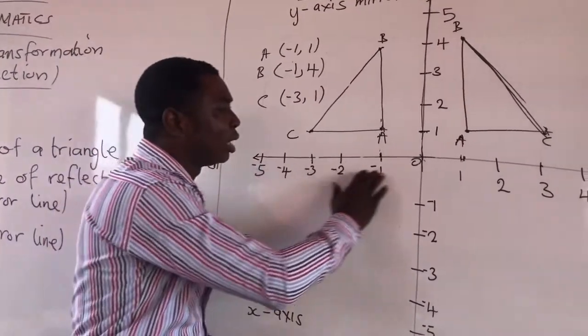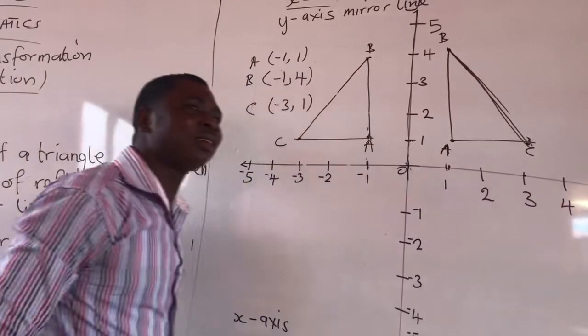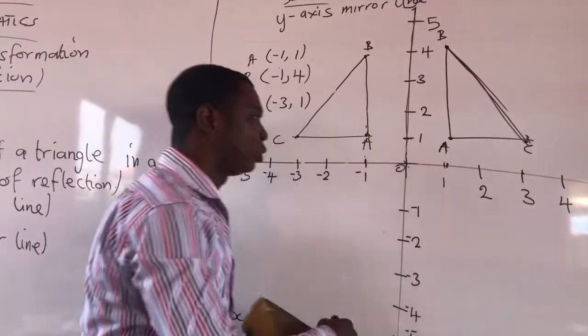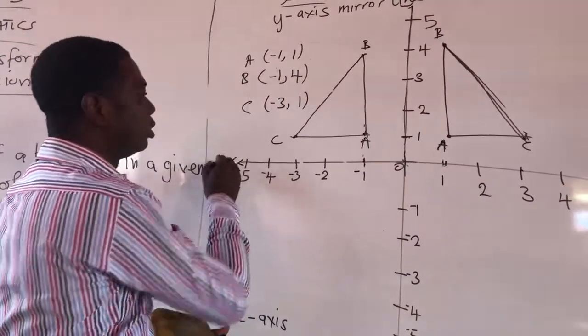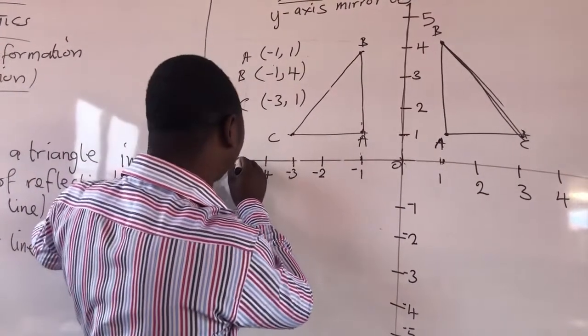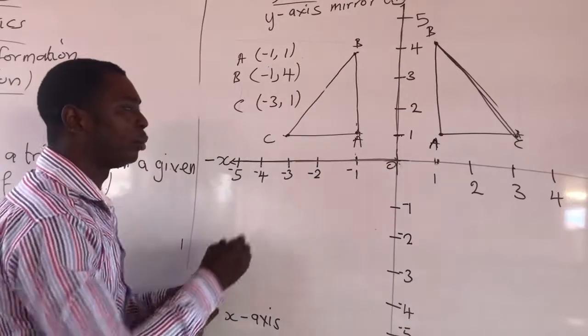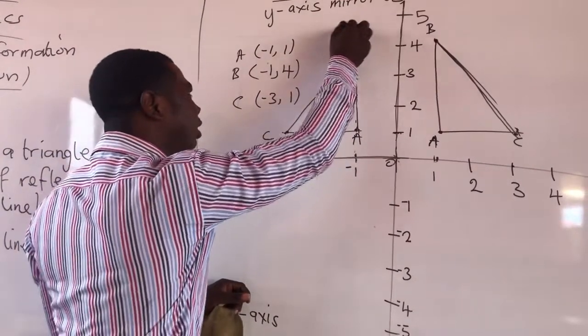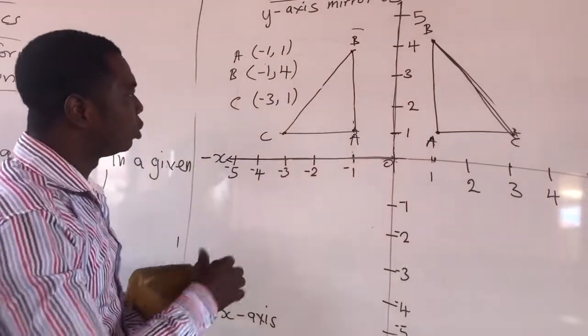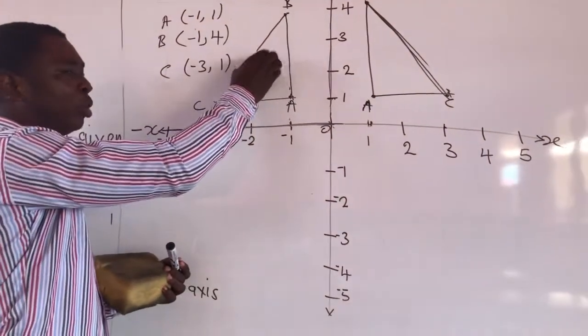So this is our x-axis. You all know this is our x-axis. Okay. So since we say x-axis mirror line, we just come straight to this line. And then since this is our object, what do we do? We now transform the image, this object, to